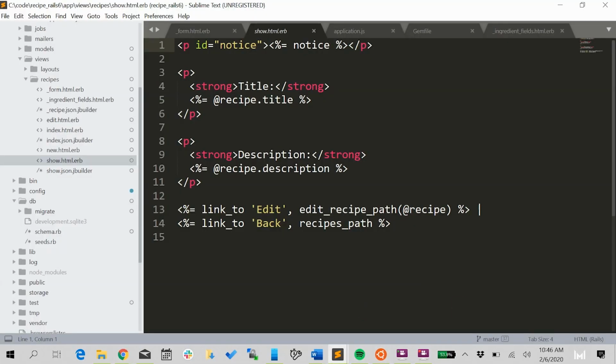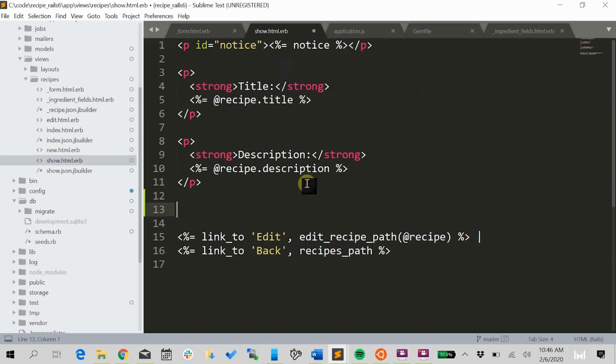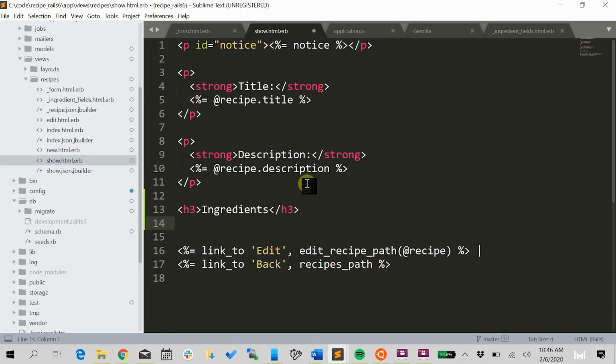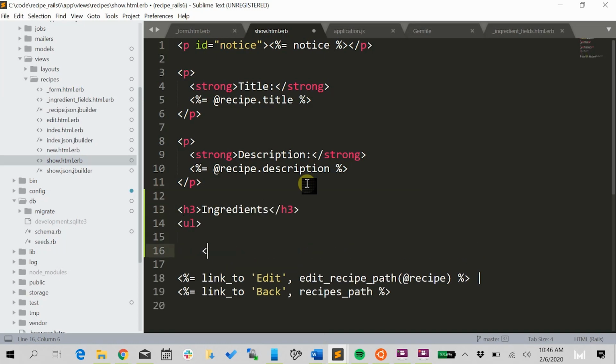To fix that, we need to output our ingredients. We'll add an H3, and we're going to style this all up later, but ingredients. And then in an unordered list, so just a bulleted list, we want to list